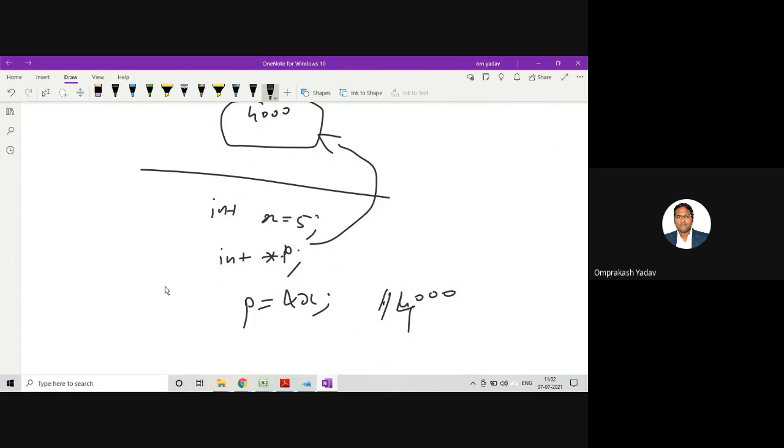kind of variable. Pointer is a special type of variable. Here I've declared a pointer p. Pointer is a special kind of variable which can hold the addresses of other variables. So please remember this.